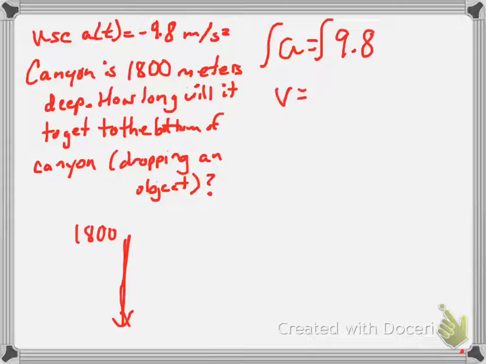So when you integrate, you look at what you would have had before you took the derivative. We're going backwards from derivatives. So that was t to the 0, now it's t to the first plus some constant. And because the derivative of a constant is 0, we always have to account for that. And then we're going to take the integral again,